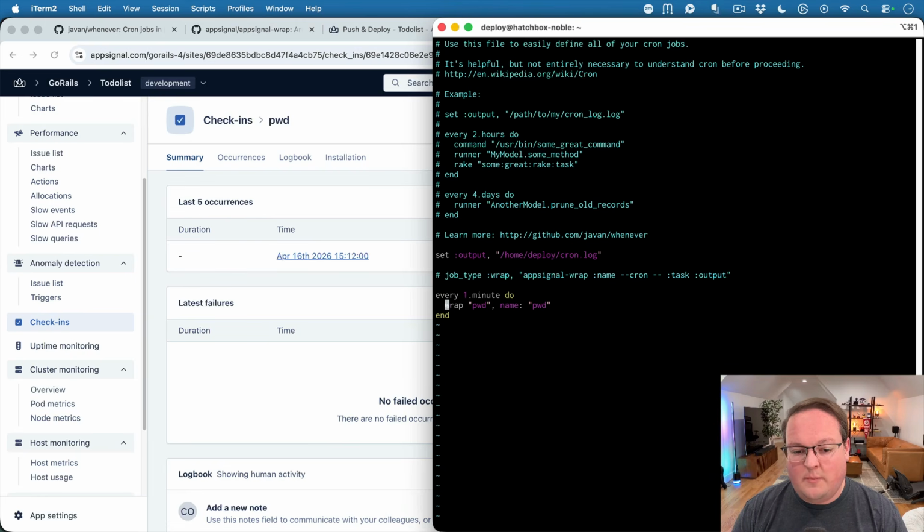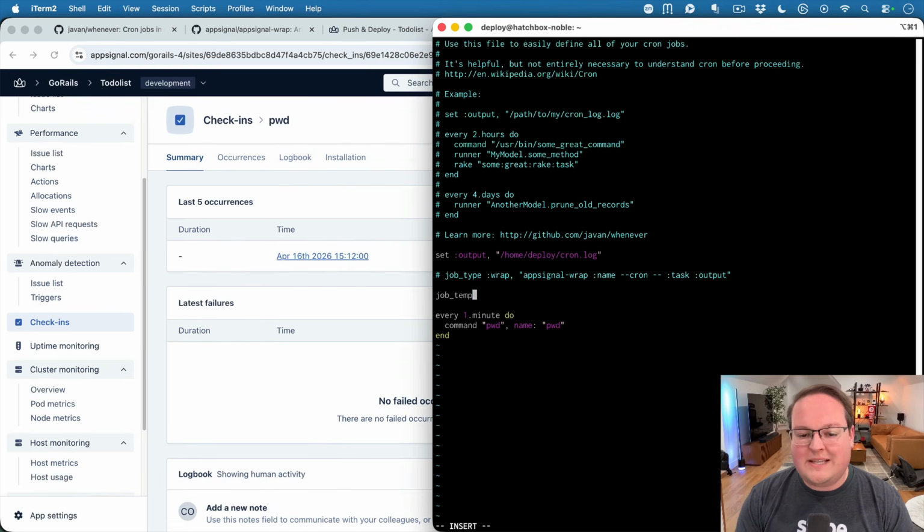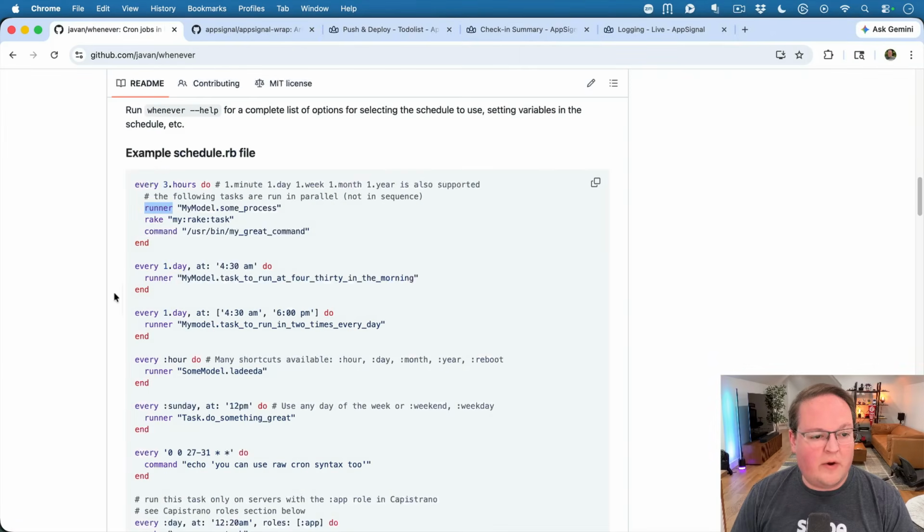Now this is fine, but what if we want to also support command and we want to have AppSignal wrap work for the Rails runner and the rake task examples as well? Well, instead of doing this as a custom job type, we can use job template and override that instead. So we'll say set job template, and this becomes a string where, very similarly to how it is built in,